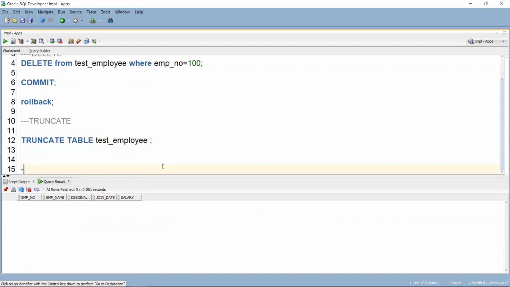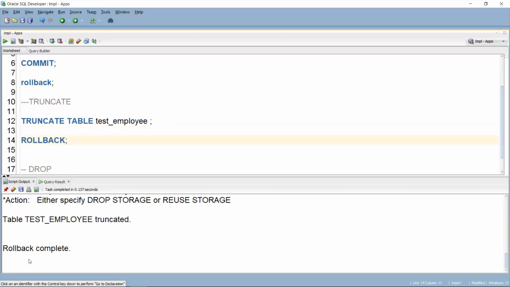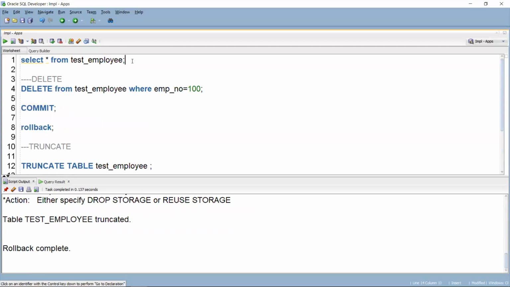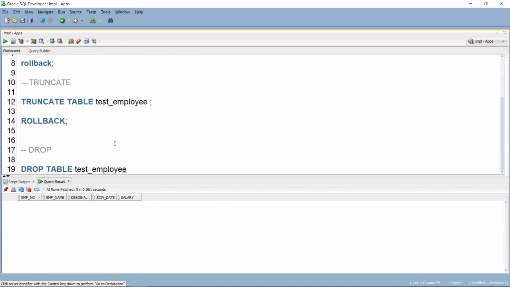If I do a rollback for truncate and then select star from test_employee, the data doesn't come back, because truncate is a DDL command and it will auto commit. So without manually providing the commit, it will auto commit.